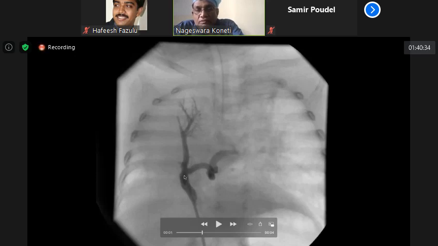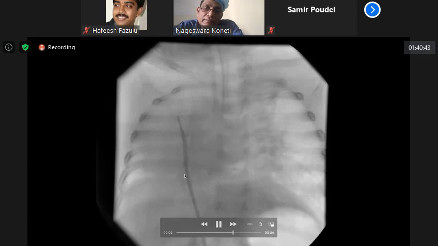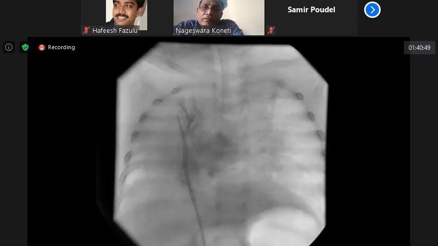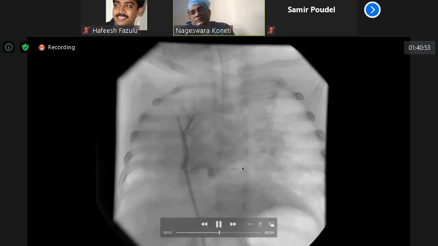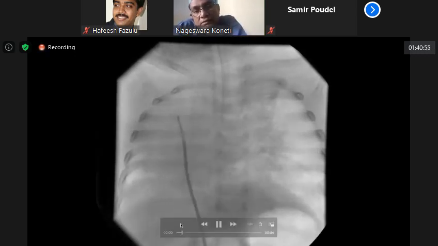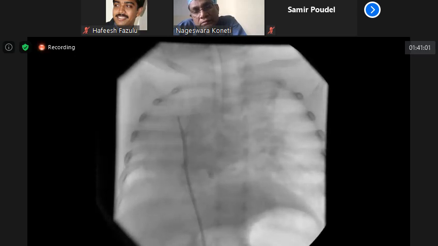What is this tortuous structure? That could be another connection, a Y-shaped connection in the scimitar vein. Where is it going? It is going to the LA, sir. So what is the diagnosis of this? It is a scimitar syndrome with a double connection of the scimitar vein, one to the IVC and another to the left atrium, sir. So it is a decompressing vein.